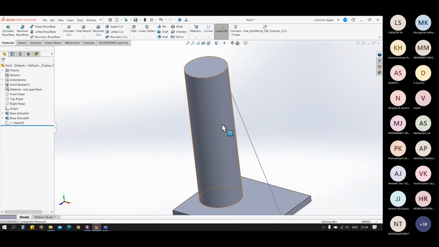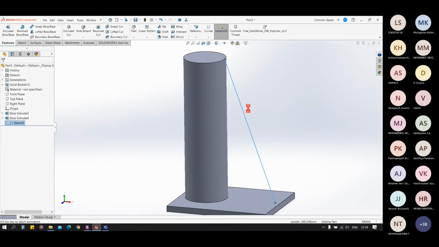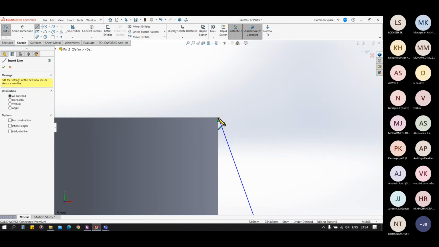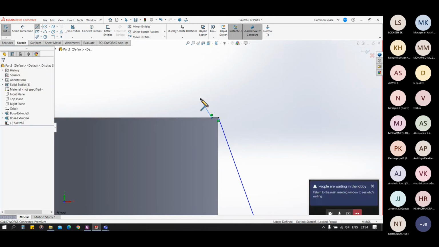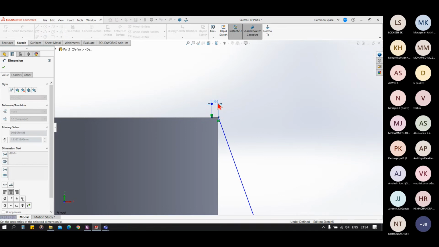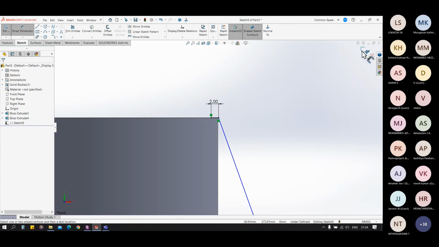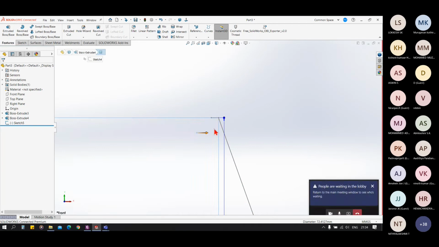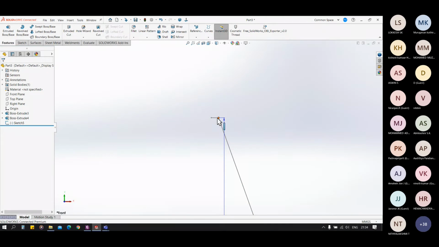For that there is a small trick we can do. We can have our sketch extended inwards with some distance, 1 or 2 mm, like this. We have extended our sketch like this. You can see we have extended it.